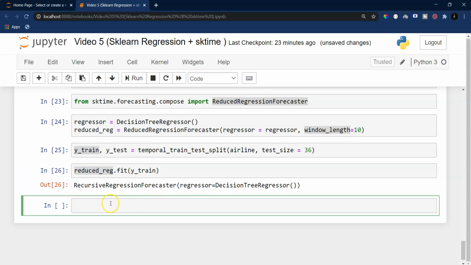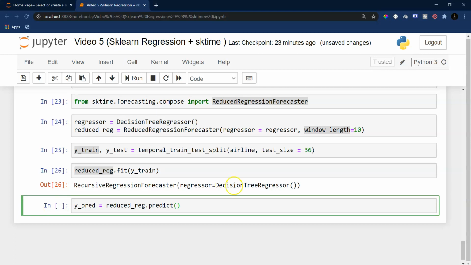Now I can check the predictions. To check the prediction I'll say reduced regressor dot predict, and in this predict I need to specify the forecasting horizon. I already discussed what forecasting horizon means: the time period in the future for which we would like to predict.